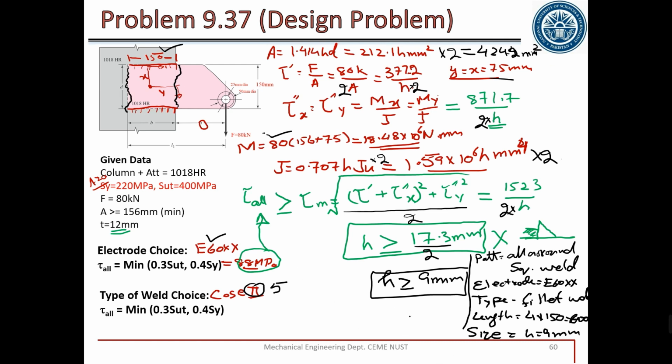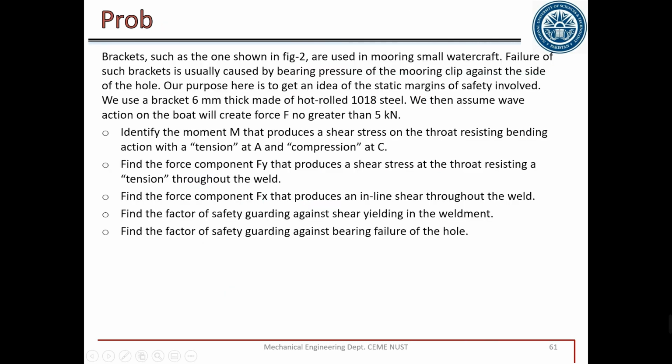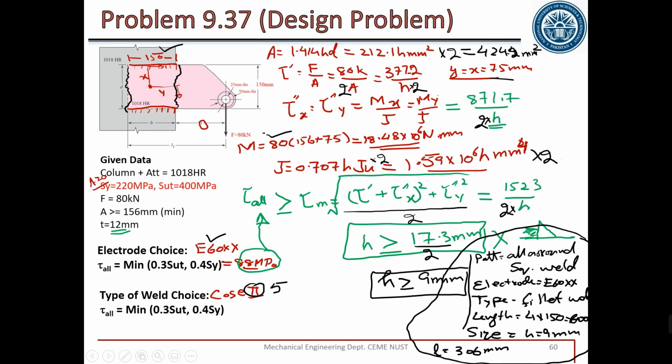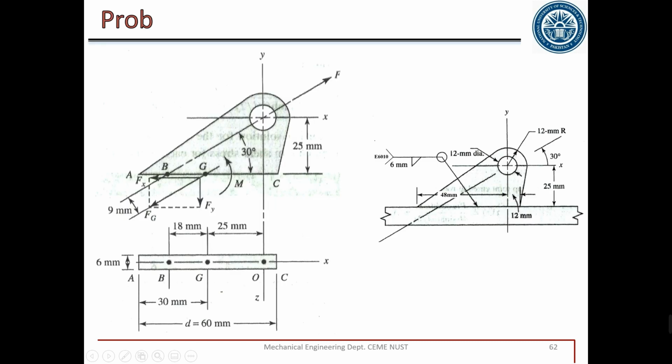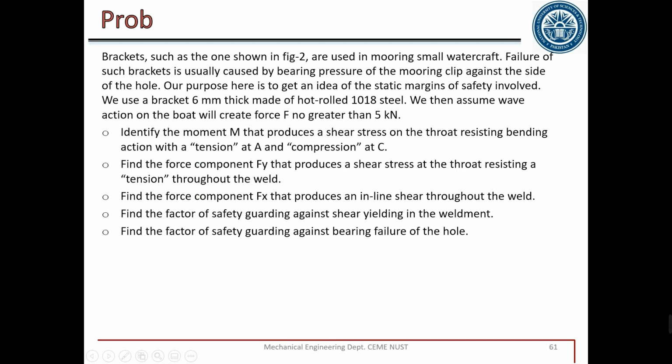And what else was required? The length of attachment, L, was also required. So L is equal to 150 plus 156, which is equal to 306 mm. So you have to write your answer like this, all the answers here. So this is the final design of the weld. This is how we design a weld. I hope that you have understood the problem. And this last problem I will also share on my Google site. This problem is your home study or self-study, not an assignment. The assignment I will give you inshallah tomorrow.